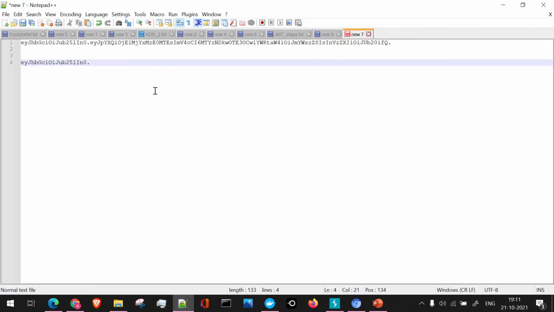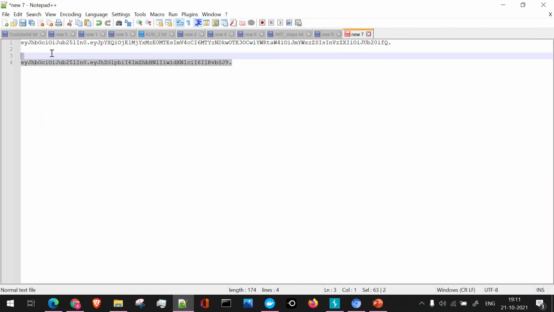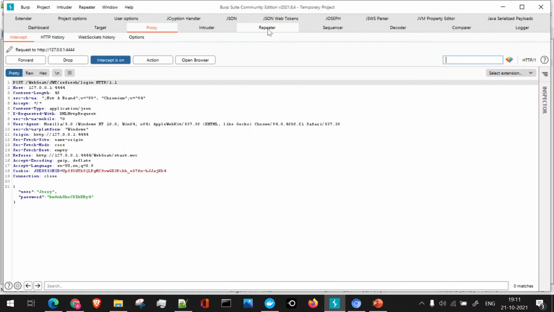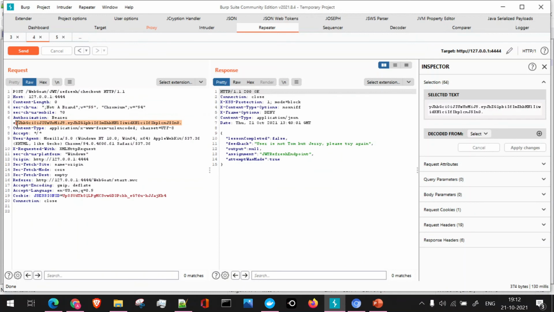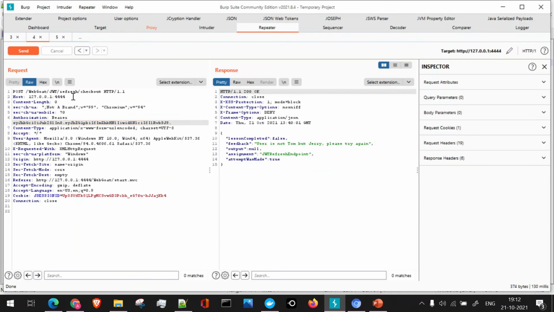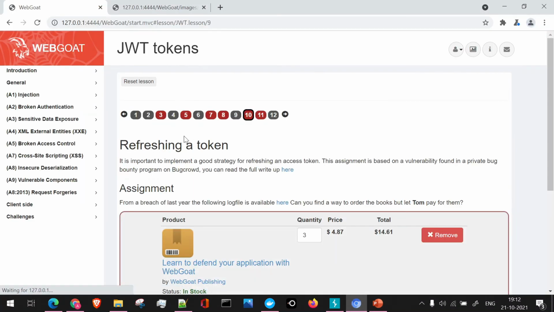So we'll make the changes as per this, and have it again encoded using base64. And let's copy this token here, then give a dot. Now let's try to use this particular token which we have manipulated in the repeater, and let's see what we are getting when we perform the checkout using this token. So you can see clearly that we are able to again manipulate it and we have received the response which we are expecting. So these are the two ways of performing the action related to the refresh assignment which we have, the JWT refresh token assignment.